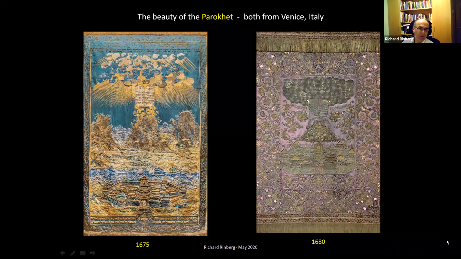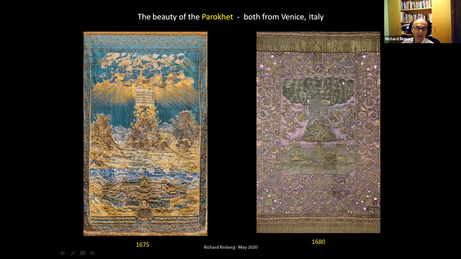These are beautiful. The parochet from Venice in Italy, and you can see again the luchot here. One of the customs was that ladies used to get together to sew the luchot, and of course, as you were doing a mitzvah, you didn't want it to be a mitzvah sheba ba'avera. You didn't want it to be a good deed that came about as part of a bad deed, so you didn't want any gossip going on, any rechilas, as they say, no gossip. So the Rav would give a shiur, and the ladies would listen, but they'd use the time as well as listening to sew, and they produce these holy items.